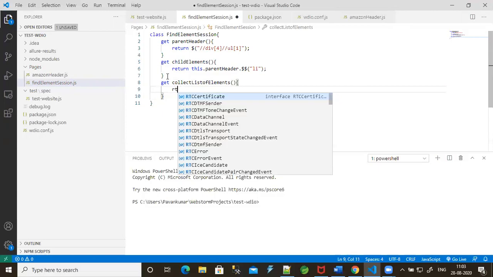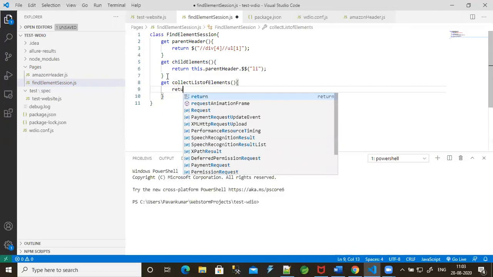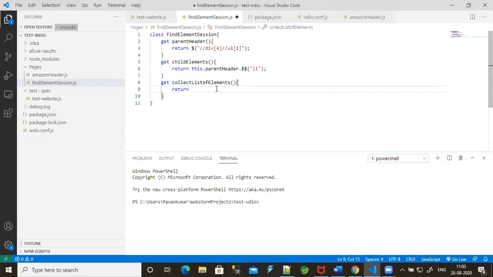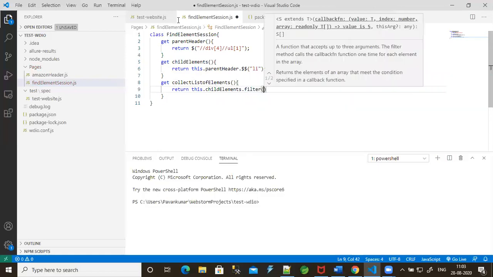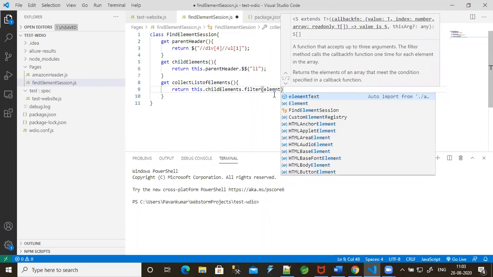Return this dot child elements dot filter, and give the parameter as element.